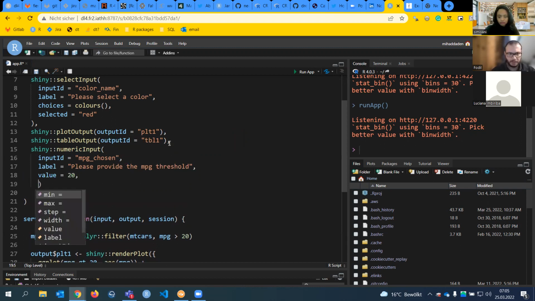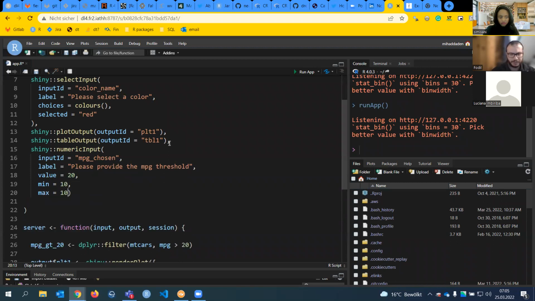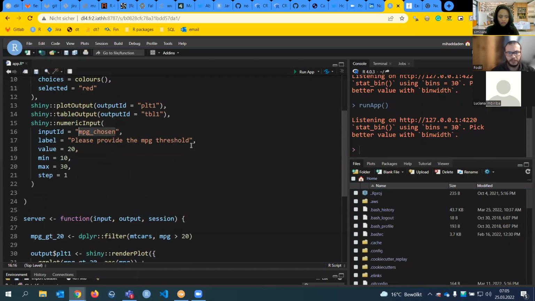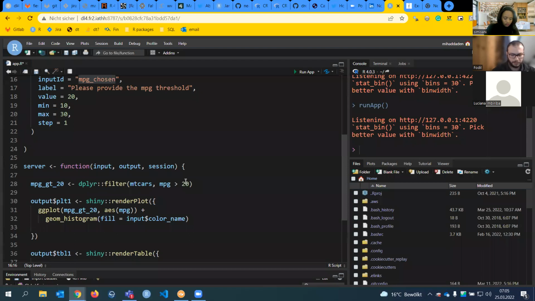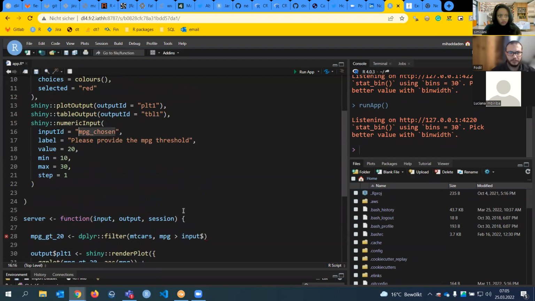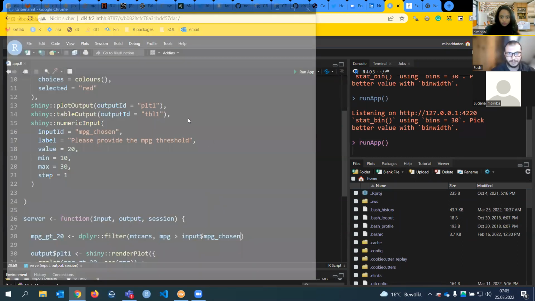And then a minimum of, I don't know, 10, a maximum of 30, and a step of 1. Yeah, and that's it. We have our numeric input, and then we will put the result of this numeric input in our function here. I will just put input$ and the name of the ID, which is MPG chosen. Run the app, and then